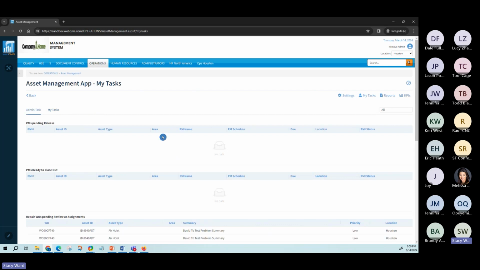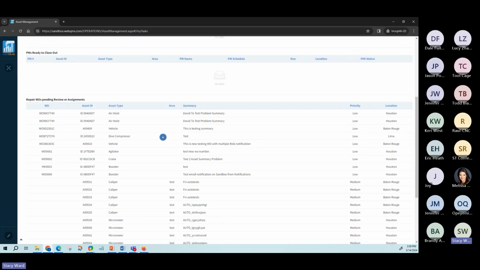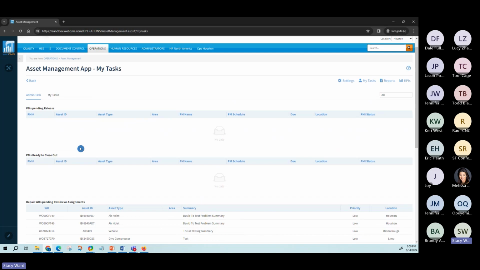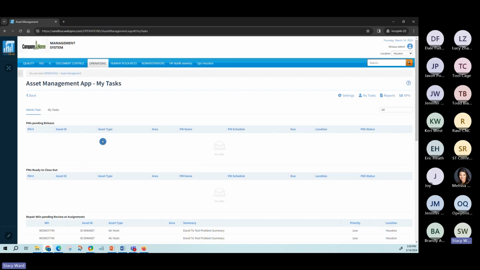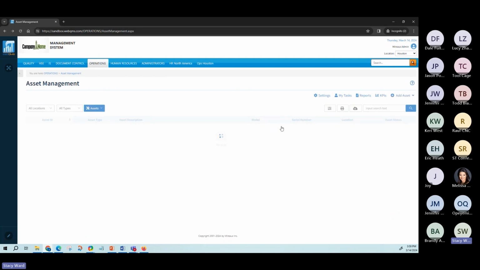This is everything assigned waiting for anybody's action. For PMs, everything. There's nothing for calibration here right now. I think it's not picking it up, so we're working to get that fixed, but that's my tasks. It's very similar to other apps where the admin can see everything outstanding. Your reporting for this app,